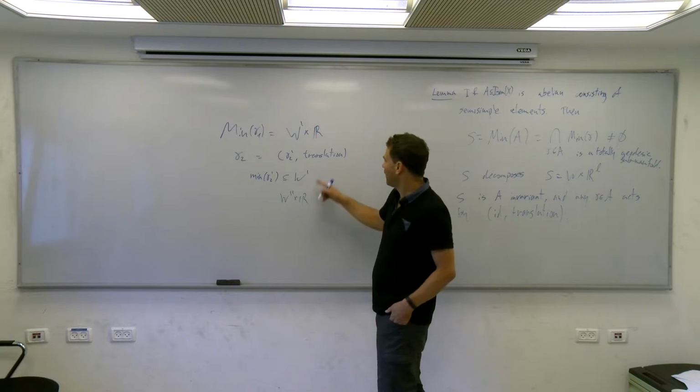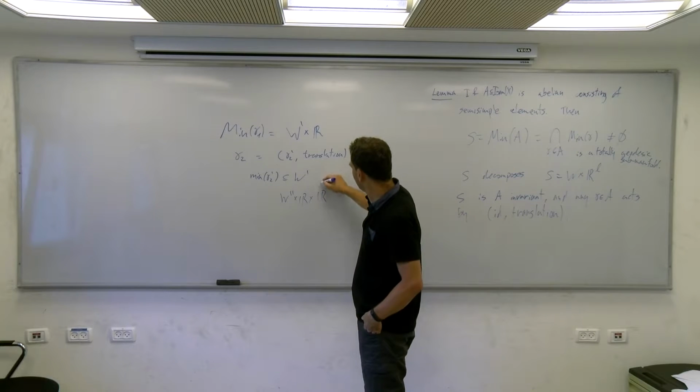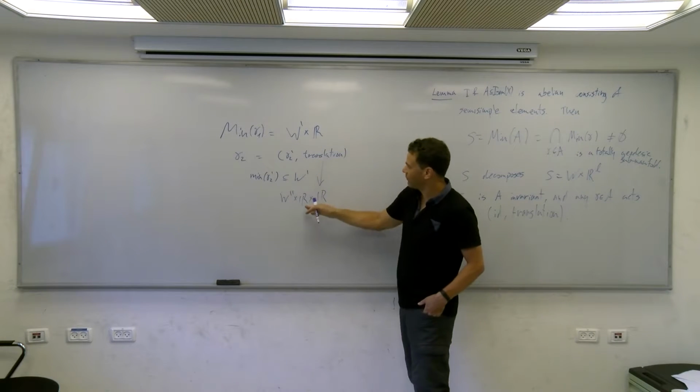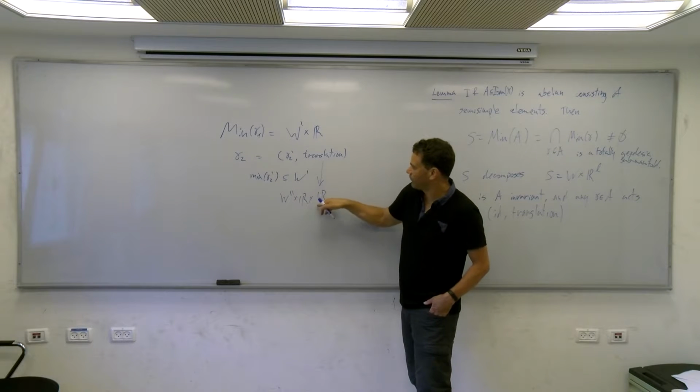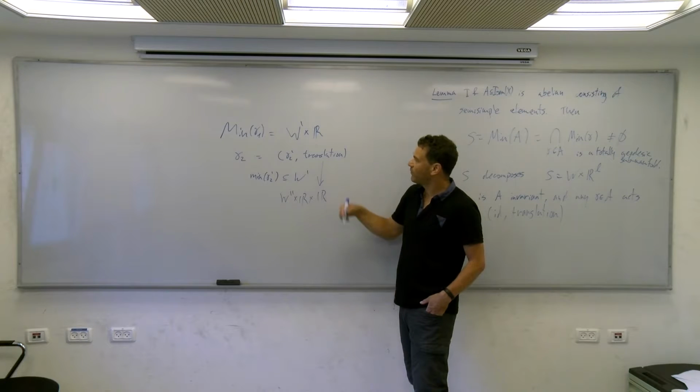Okay, and you have this other R that comes from this, and so it acts trivially here and by translation on this R2. That's how gamma 2 acts on a subset of